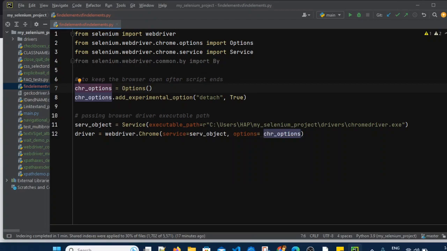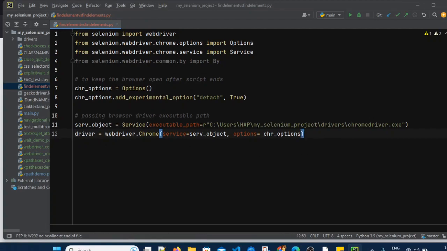Both of these objects we are passing in webdriver.chrome when we are creating the driver instance.